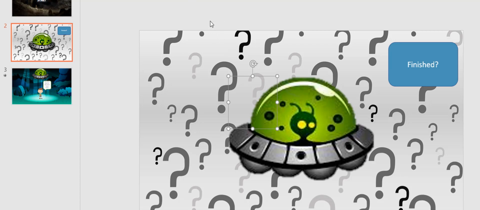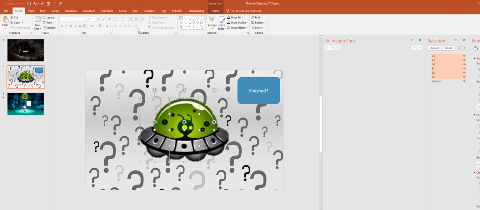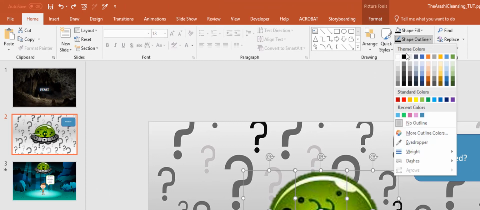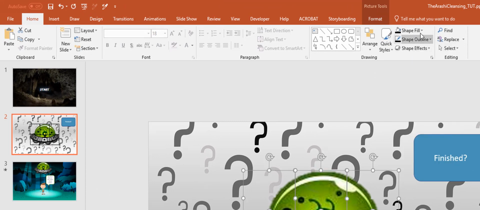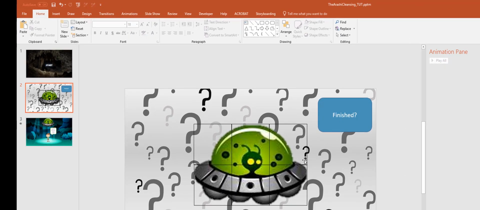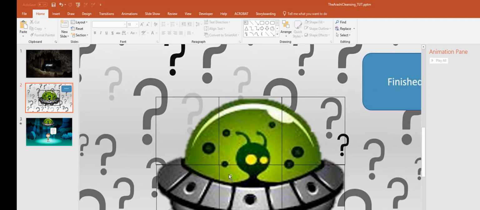So what we're going to do is select all of our images by dragging over all of them. Select all of those, and then I'm going to go to the Home tab, and then go to Outline, and I'm going to choose a black outline, and then from there, actually I could just leave it like that, and I have my grid. But I'm not going to keep this grid this way. I'm only doing this as a guide,